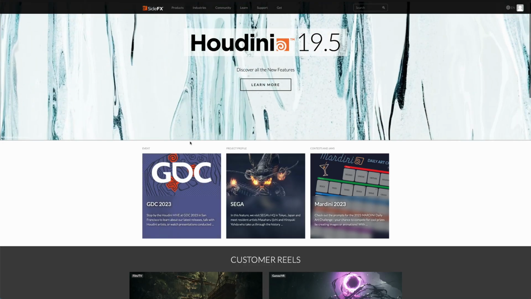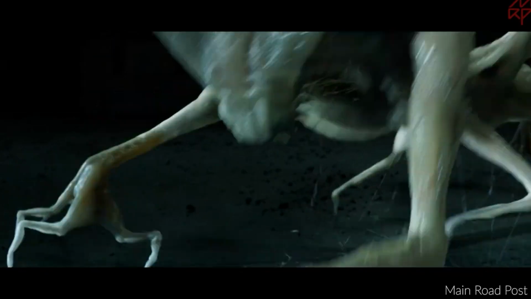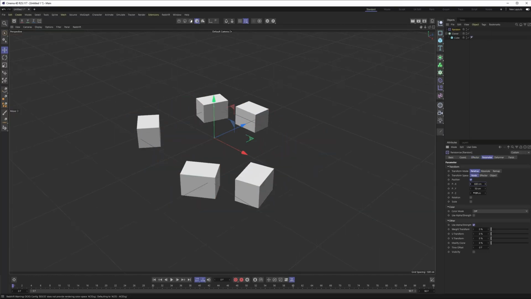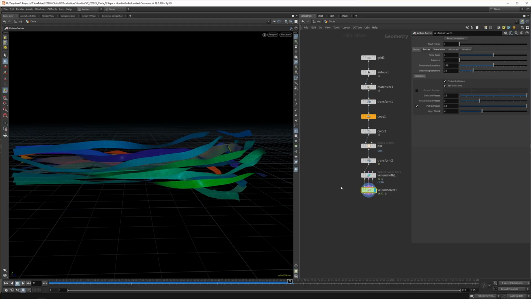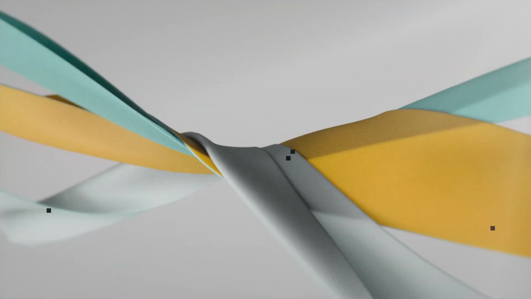Houdini is known for special effects in films. Basically when you see splashes, explosions, spells, magic, all that stuff is usually done in Houdini. Most other 3D software comes with presets that allow you to create different effects, but in Houdini you create systems yourself, almost from scratch. This makes Houdini way more flexible than other tools, but it's also a lot more difficult.